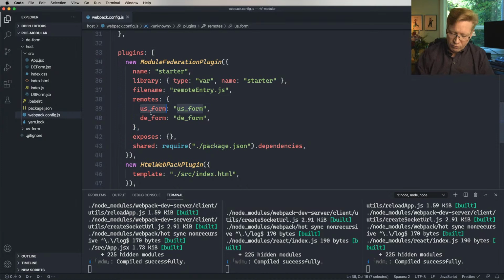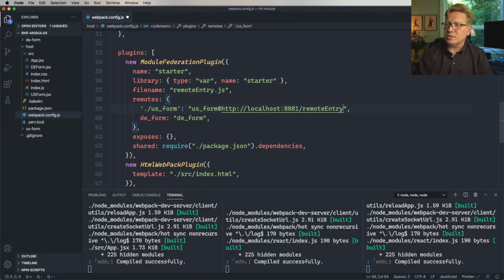There is a new format for this. You could say USForm. I believe this is the syntax. I have not yet tried it. And it would be USForm at HTTP localhost, which of course you can change based on whether you're in prod or dev. Localhost 8081 for USForm remote entry JS. And that should automatically inject that script tag for you and automatically load the remote entry. So you wouldn't have to do what I'm going to do now,